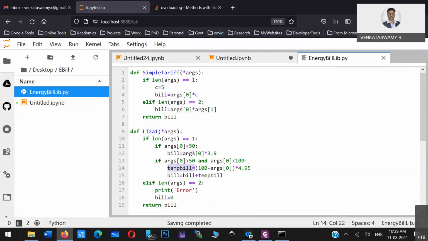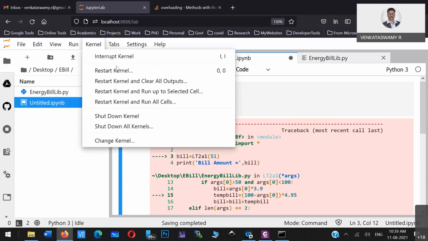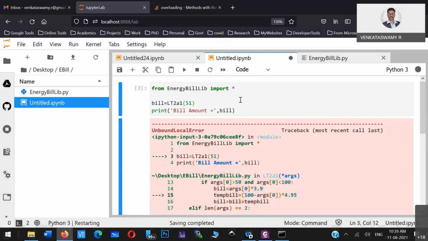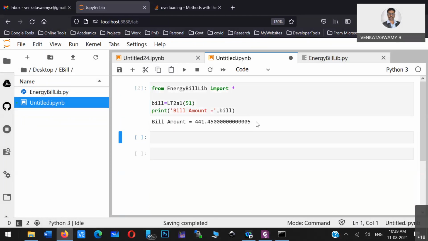So it says bill is not available. Okay, so that means I have to calculate this inside this also, because that bill variable is not available, correct? So I think this should work. Yeah, okay, fine. This is working.